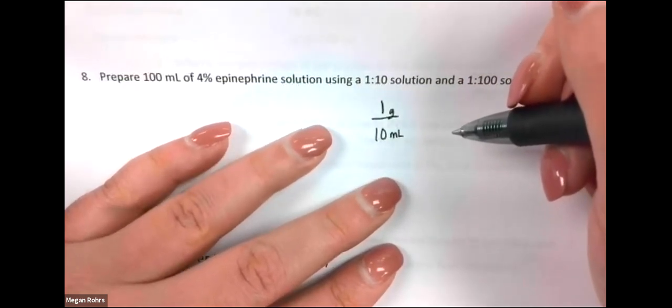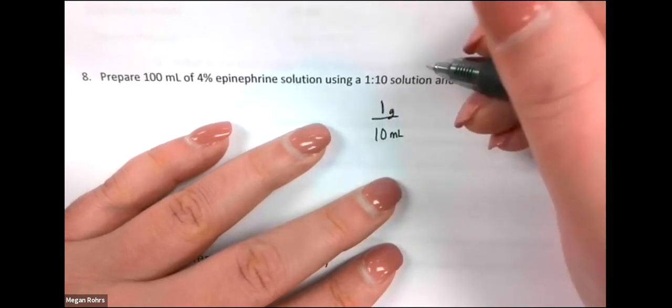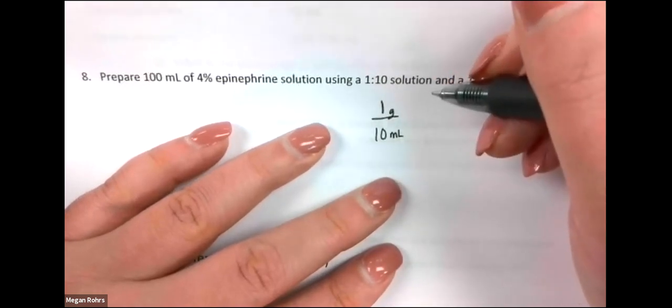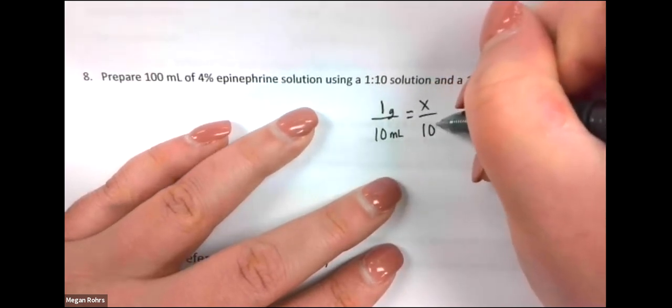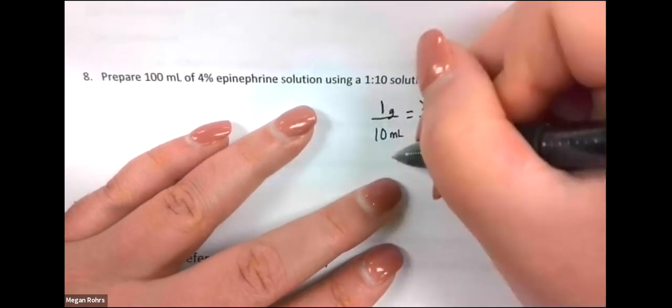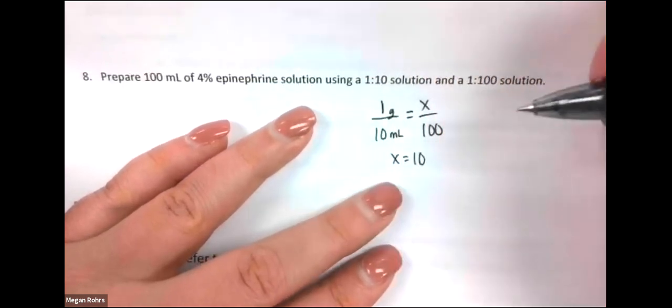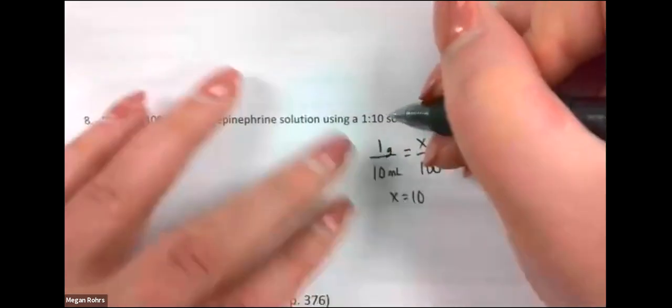So we're going to change that into a percentage strength. Remember that percentage strength is always x over 100. So I can just set this equal to x over 100. So 100 divided by 10, that gives me 10. So that is a 10%